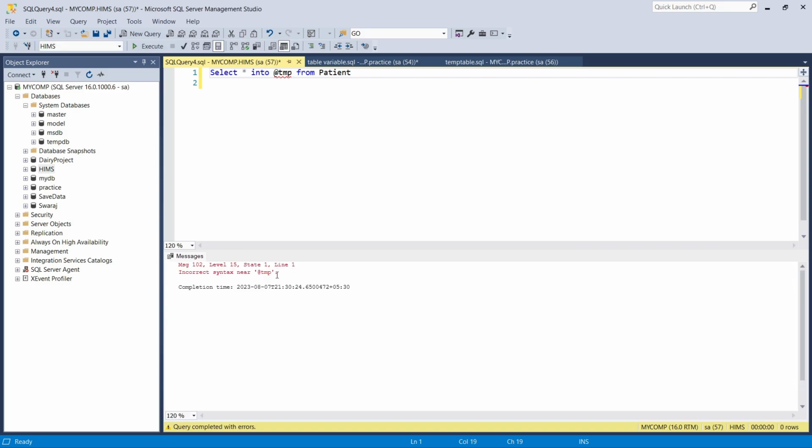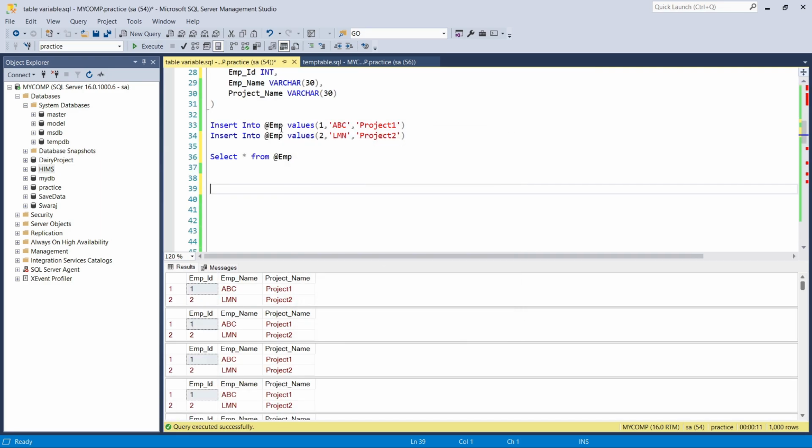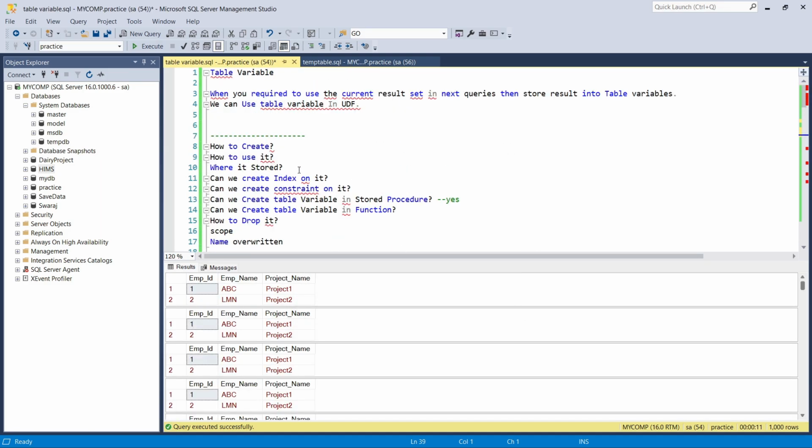So it will say incorrect syntax near, because we have to create the definition of that particular table variable first, and then we can insert the data into that table variable. Got it? And one more thing, can we create an index on it? First of all,